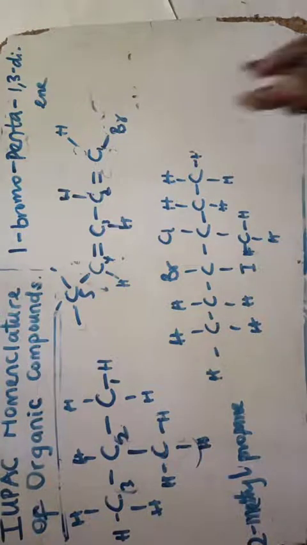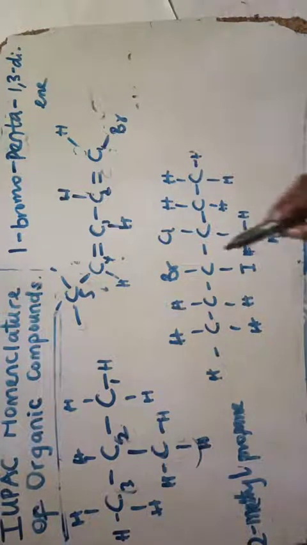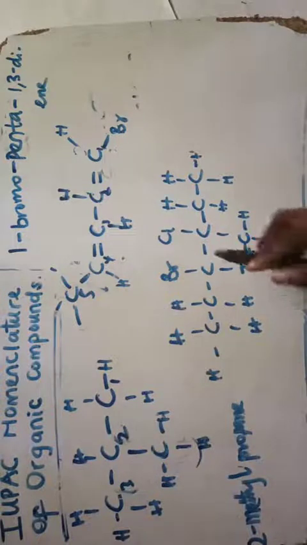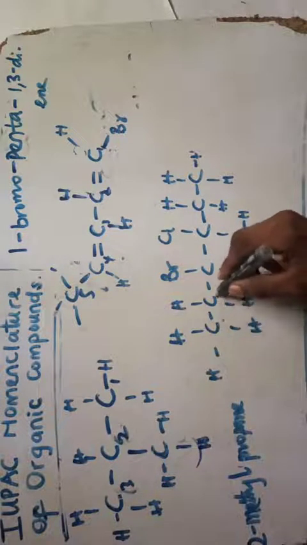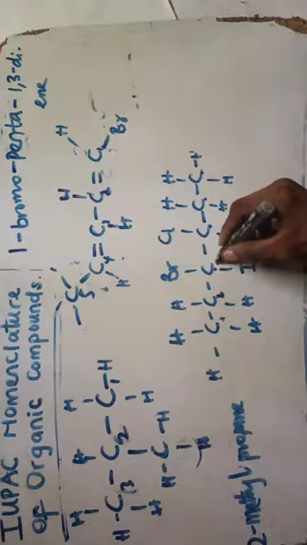Okay, so here now we have a branch here, a branch here, a branch here, but in this case, bromo is very powerful. Like we said earlier, chloro, iodo, bromo. So like I said earlier, in numbering you gotta bring it. So first thing we find is what? 1, 2, 3, 4, 5, 6.